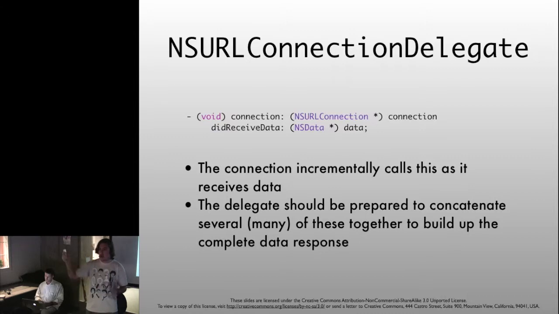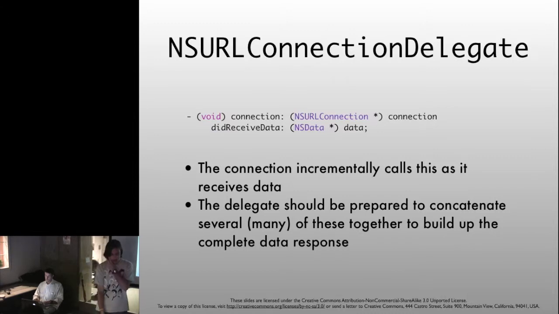So if you have a very large document coming back from the web, in the megabyte range, you might get multiple calls of didReceiveData. And so it's the delegate's responsibility to piece all those together. You are guaranteed that they'll be in order, but they may not be all at once. So in order to have the entire response, the delegate object has to keep tacking on all this data into one big glob of data,